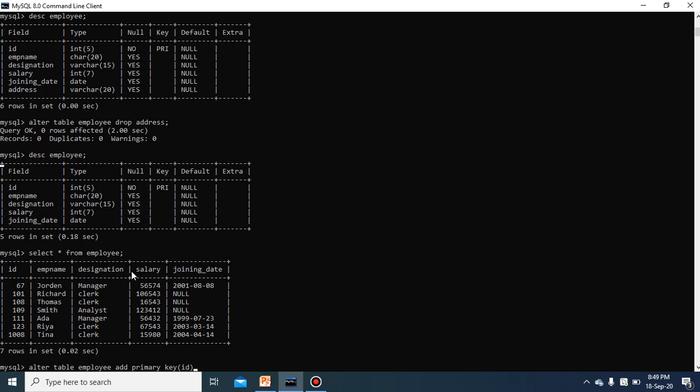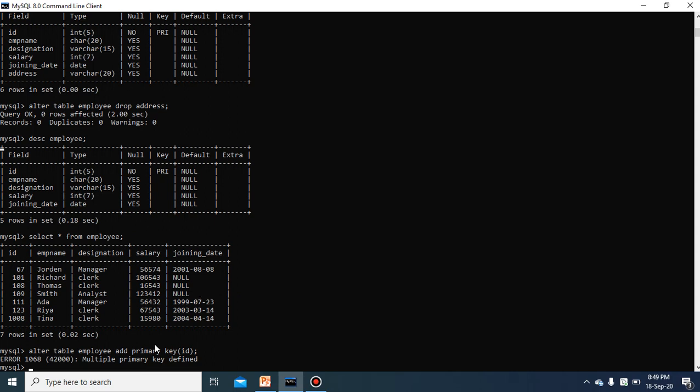But this command is not going to execute because it already has a primary key. Error: multiple primary key defined. This error is coming because we have already created this ID as the primary key, and another column we cannot make a primary key. So you can try it on another table. If at the time of creating the table you did not create the primary key, then only will this statement execute. This command will work only when no primary key has been created for any column in the table, otherwise you will see this very error.